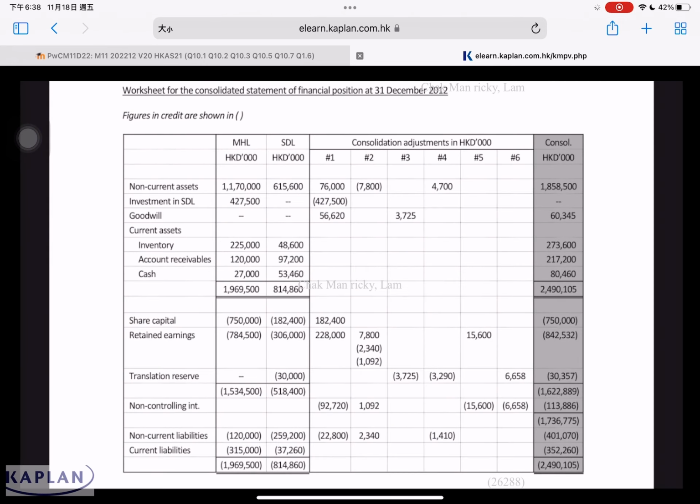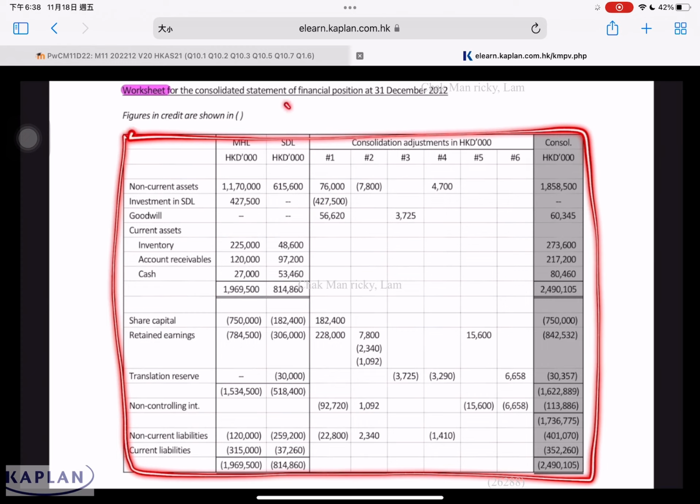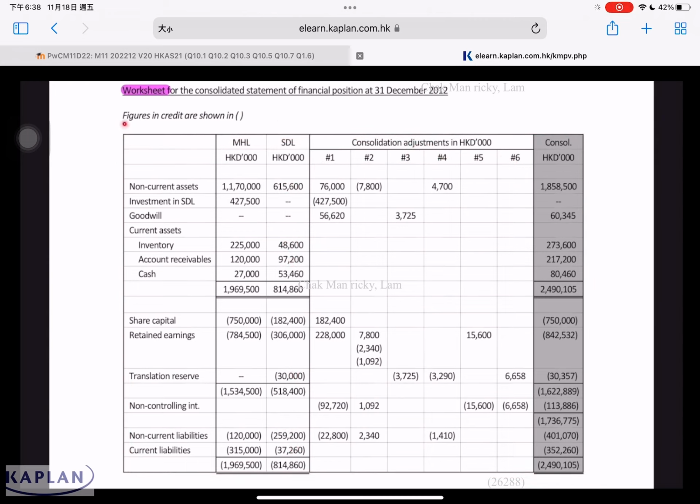Part B will require us to do the worksheet. Your job is to fill in this column and put in the adjustment entry. The objective of going through this worksheet is to have an overview and better understanding of the translation process so that you can explain the issue in the exam for Module 11. Again, please take note that those figures in credit are shown in brackets. For example, share capital, retained earnings, translation